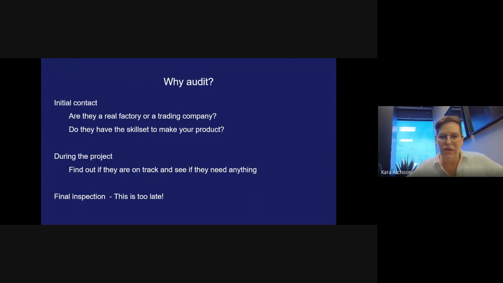So you really want the factory to not have to wait until the end to fix something. The earlier in the process that you can get in there and see what's going on, the quicker you can recover from it. So you want it to be win-win. And it's complex. The factory has a hard job of ordering all these materials between batches, especially small batches, and trying to keep them consistent is not easy. So I always say final inspection, that's too late. Get there earlier. You could still go, but